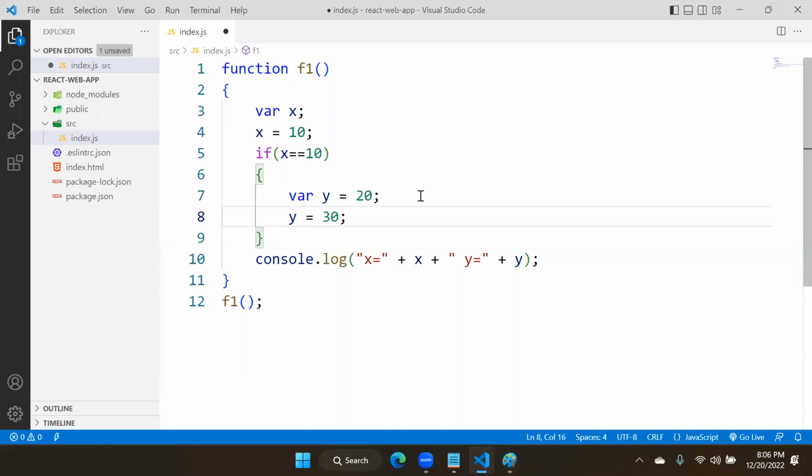What I am doing now? Assigning. After initialization, if you want, you can assign. Then what will be the value of y now? The y value will be whatever value you latest assigned. That is, y will be how much? 30. But if I write var y again 30,